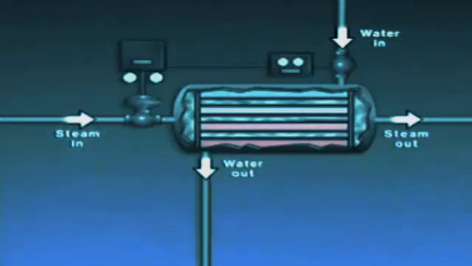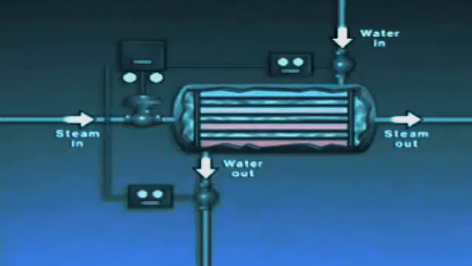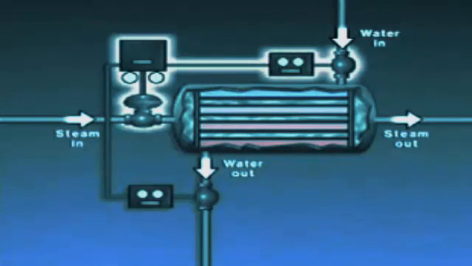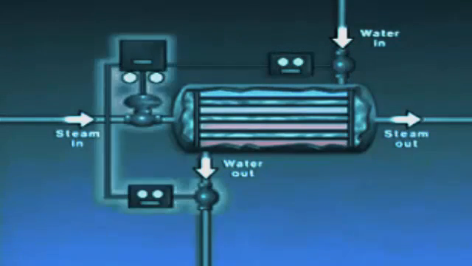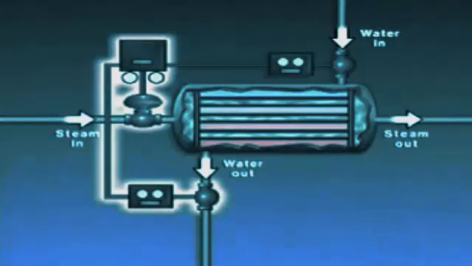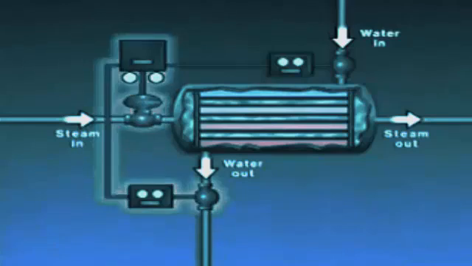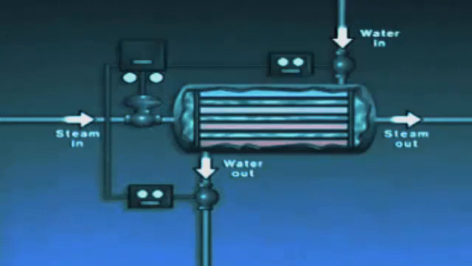To correct for those types of disturbances, a combination of feedback and feed-forward control could be used. With combined control, the feed-forward part of the system responds to changes in the inlet water temperature, while the feedback part responds to changes in the outlet water temperature caused by other disturbances. By combining the features of feedback and feed-forward control, greater control over disturbances upstream of the process and within the